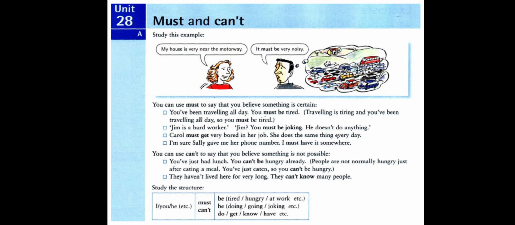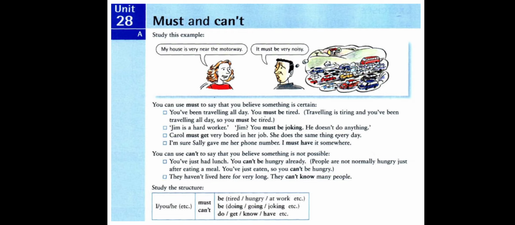So we have certain facts or clues where we conclude something out of this fact and clue. So we express inference by using must. So the person here expects something. He says, it must be very noisy. If the person says it is very noisy, this is a fact. But when it is a conclusion by the person based on previous information, the person uses must plus the base form, and the base form of is becomes be. So to make an inference or conclusion, the person says it must be very noisy based on the information